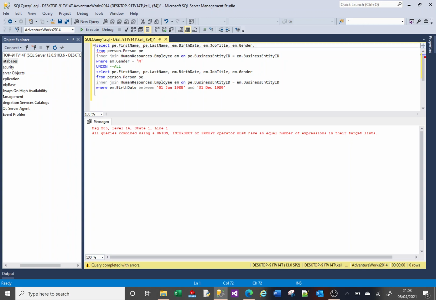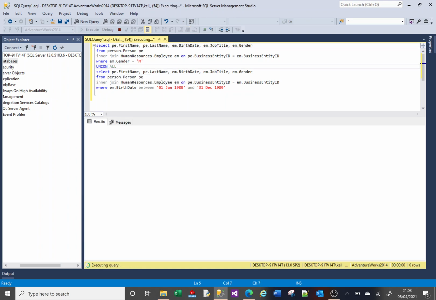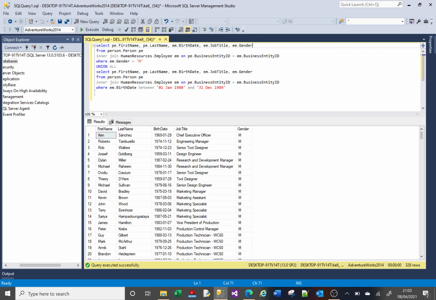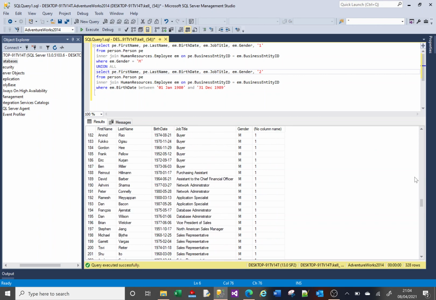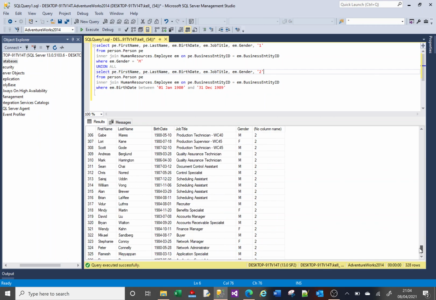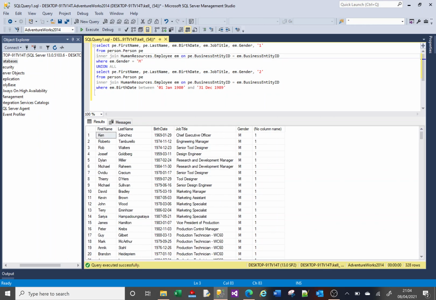The last thing to talk about is doing an order by. If you were doing a union all, we're going to get 328 rows. Let's say in this first row we put a 1 as a sixth column, and in the second row we put a 2. Now when we run this, you'll note that in this sixth column you can see all the 1s and all the 2s. If we actually want to order by the first name, say, and we try to put the order by here,